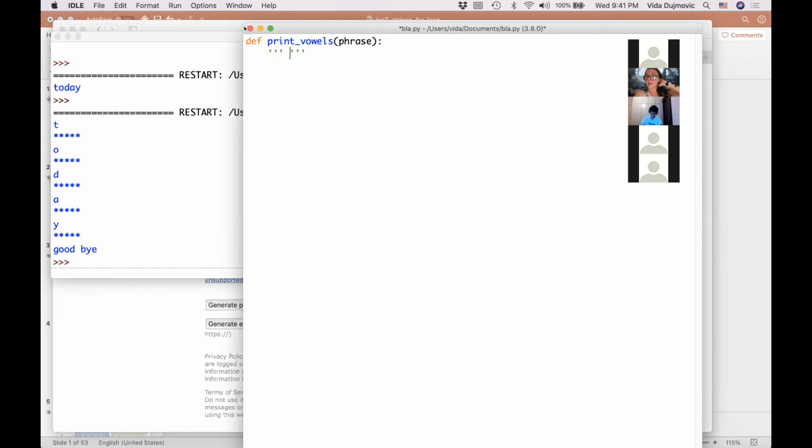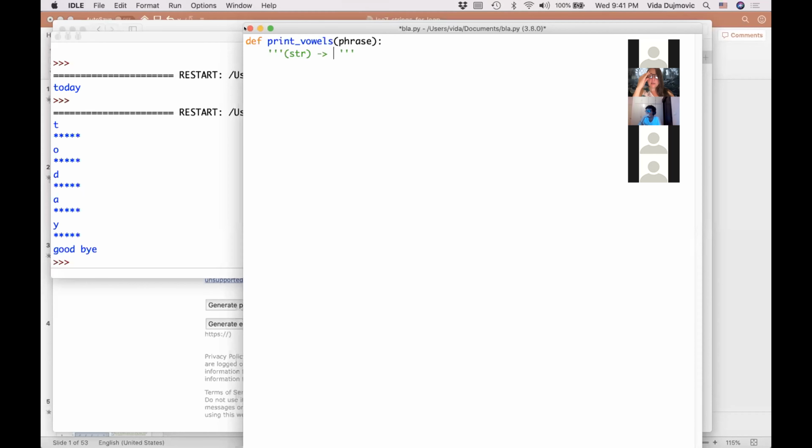For that, I insist on type contracts, because you have to say what the function returns, the way you actually have to declare in other programming languages. So it's equivalent to the declaration that you do in a function header of other languages. So you ask yourself, what do you expect for a phrase? I only expect a string. And if you give me a string, I promise I will return what?